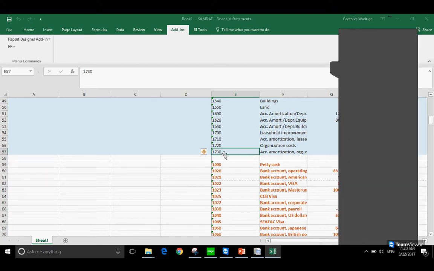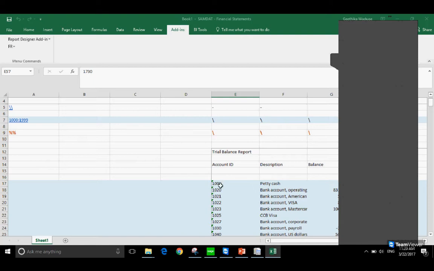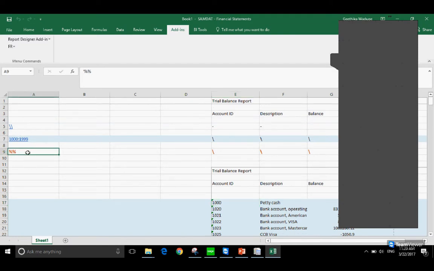Whatever accounts are in that 1,000 to 1,999 range will be printed here. This is how you could give a range of accounts. So 1,000 to 1,999 will be separated by a colon,